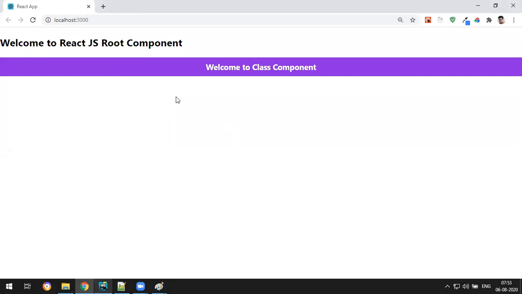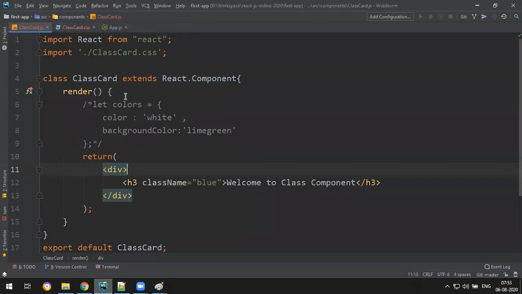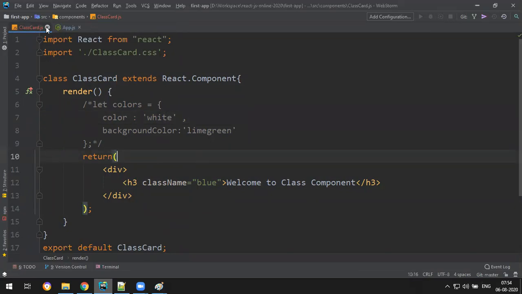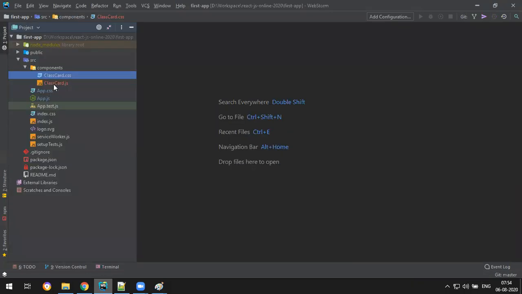Okay. So what we understood as of now is how to create components, and how to apply the styles inline, internal, and external. Okay. And one more thing I say is this is the class based component. Now I wanted to create a functional component. Same thing, I wanted to write the same logic using a functional component. So let's see how to create a functional component. It can be class component or functional component. You need to write one JS file, one CSS file.